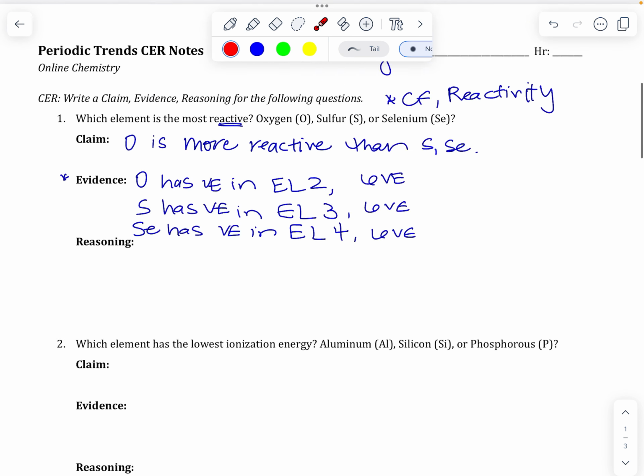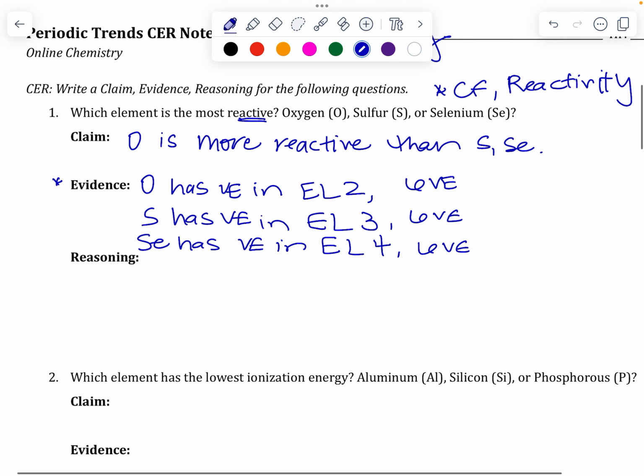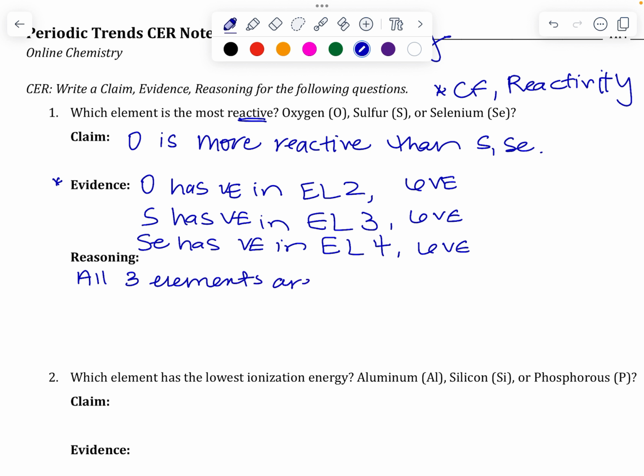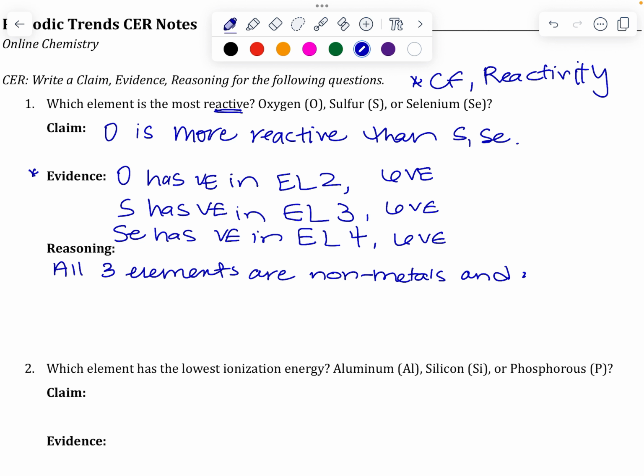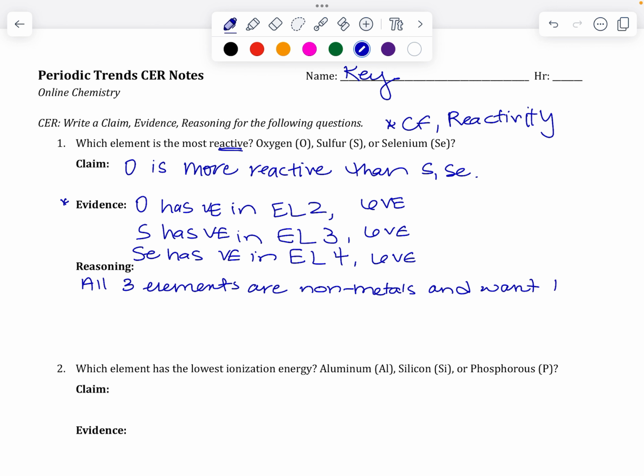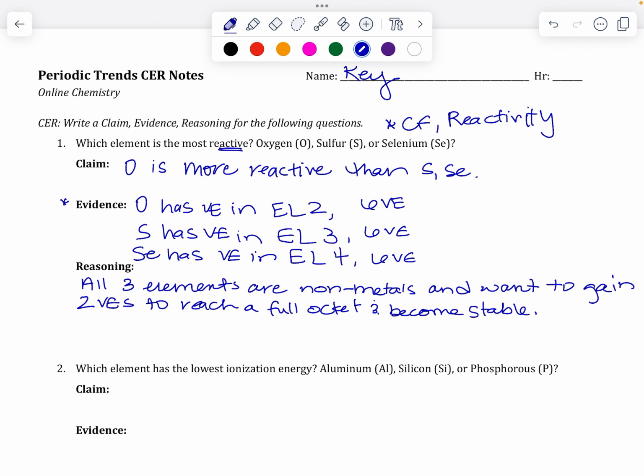And so I'm going to just state in my reasoning: all 3 elements are nonmetals and want to gain 2 valence electrons to reach a full octet and become stable. So now, thinking of which of these is going to have the capacity to gain those